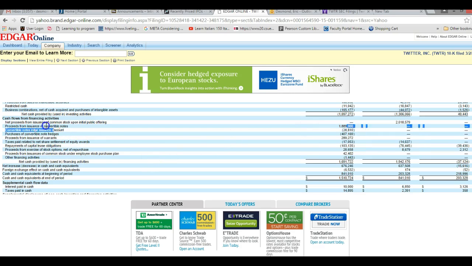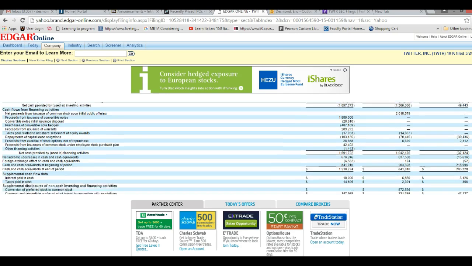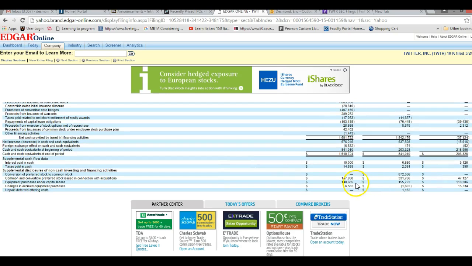Proceeds from issuance of convertible notes. They purchase convertible note hedges. We'd have to read the footnotes of this company to find out the details of what they're doing. And so it looks like they started,